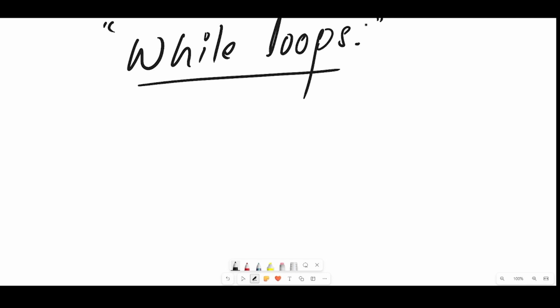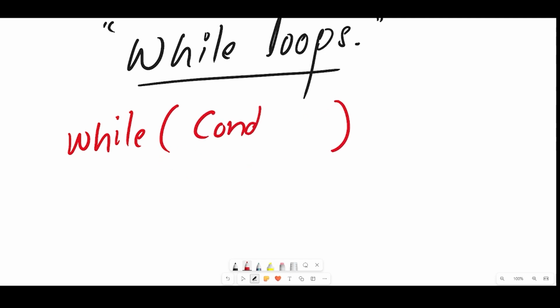The syntax of the while loop is way simpler than what we did in the for loop. We write the word while, then round brackets with the condition inside it, whatever condition we want, and then the curly brackets. As you can see, we don't give the initialization and the update inside the while loop as we did in the for loop. We only put the condition. Yes, initialization and update are also required in a while loop, but we give them outside.